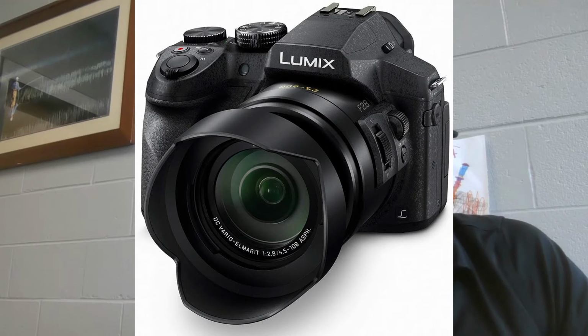The first thing is cameras. Right now I'm running a Panasonic Lumix camera. That's my main big camera. I don't run that all the time, but that's the camera that I get the majority of my better shots with. And I'm just cracking the surface on using that camera, the 4K, the HD, all this wonderful stuff. Not only that,